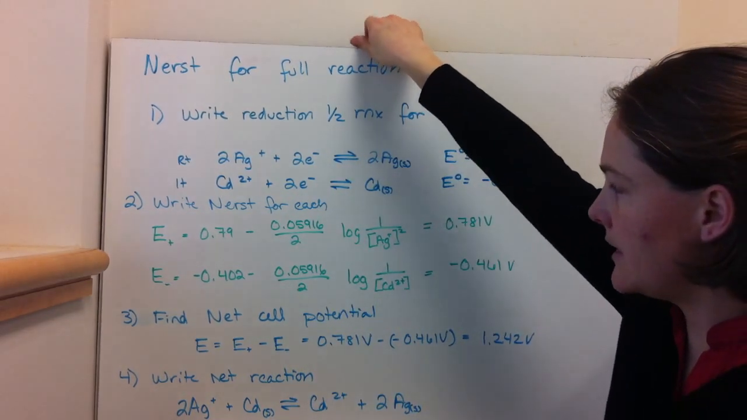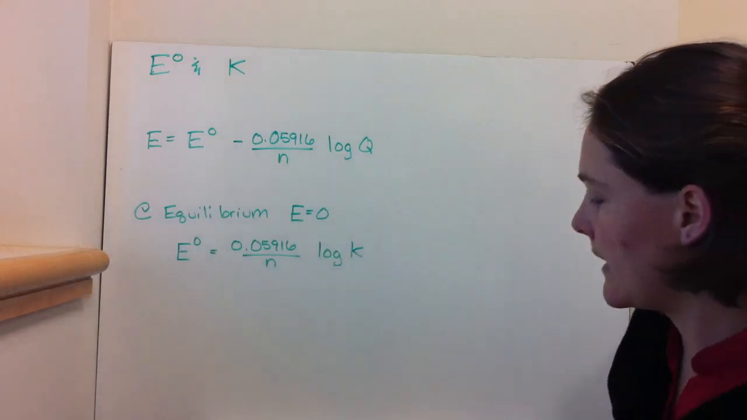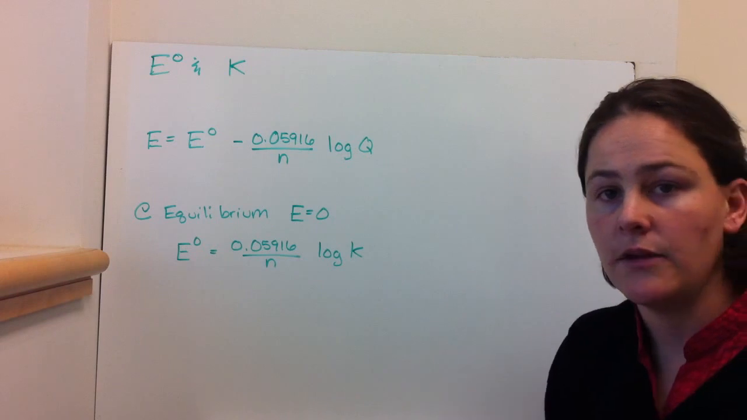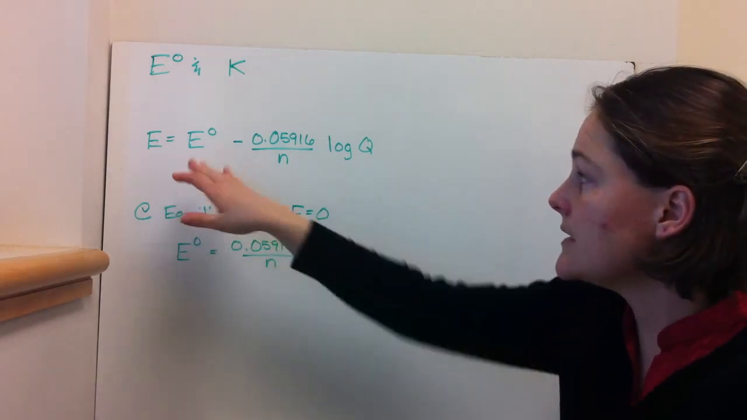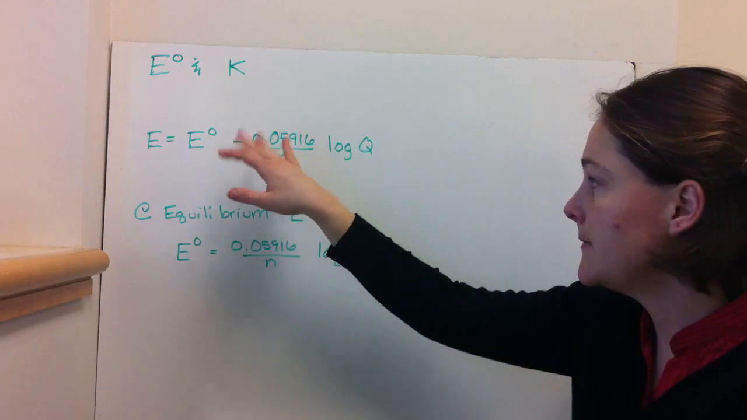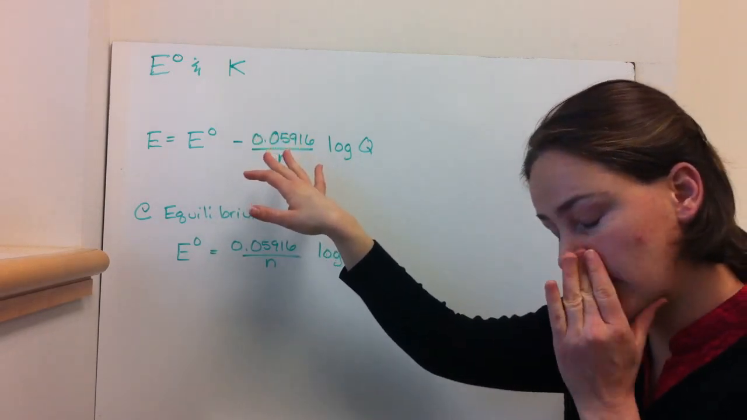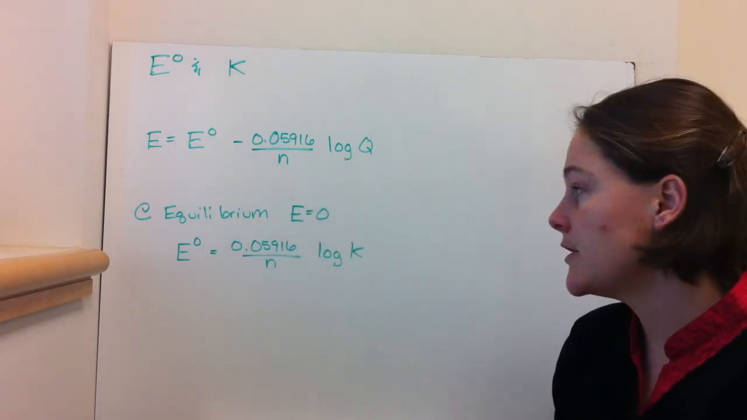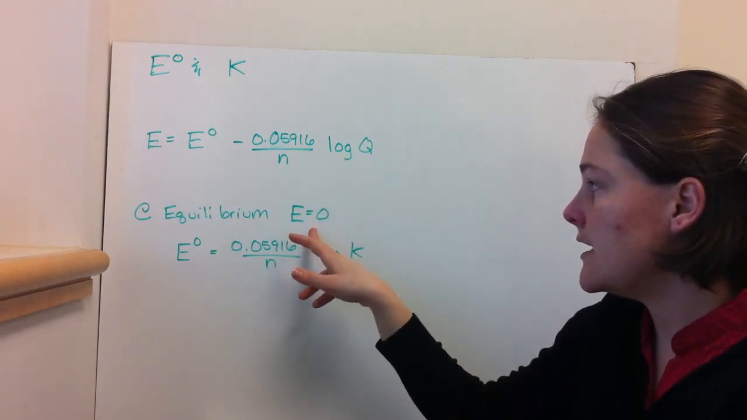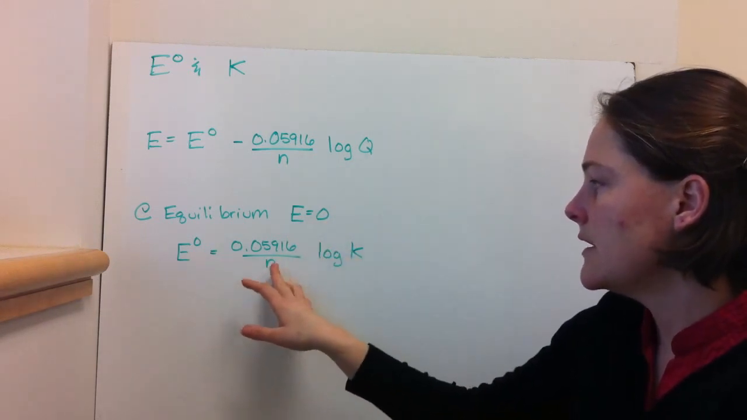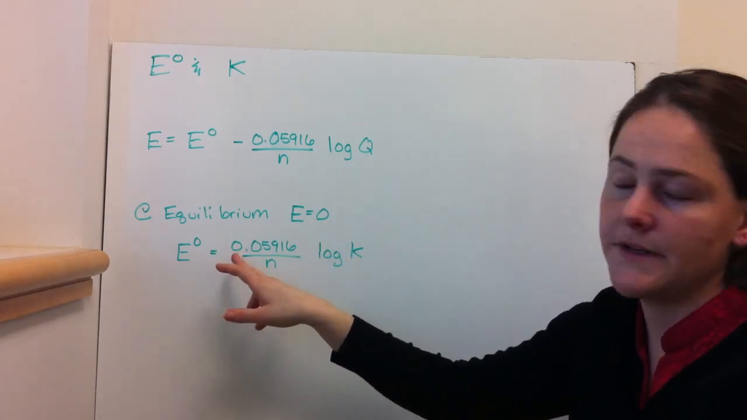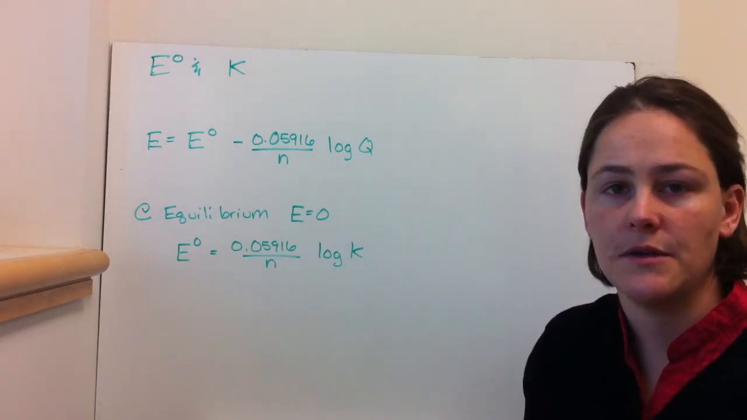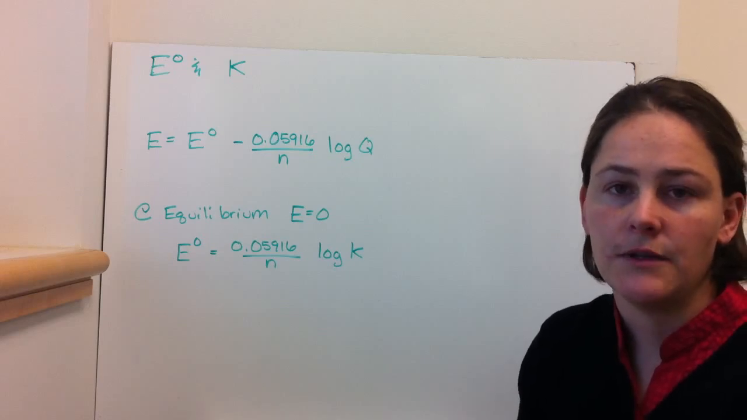Alright, so the last thing that we're going to do is talk about how E0 and K, the equilibrium constant, are related. So E equals E0 minus 0.05916 over N log Q for non-equilibrium conditions. At equilibrium, E is going to equal 0, so E0 equals 0.05916 over N log K. And so you can just use that just like we've been using the delta G equals negative RT